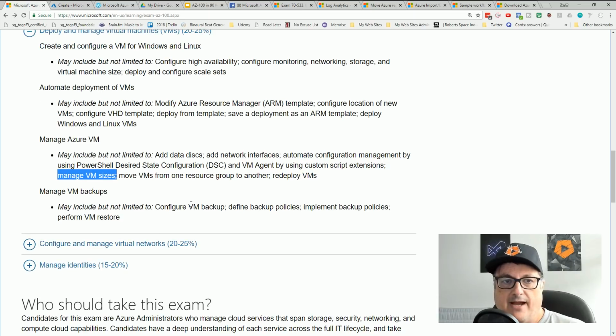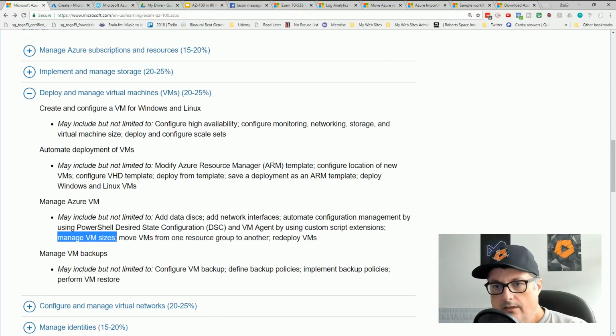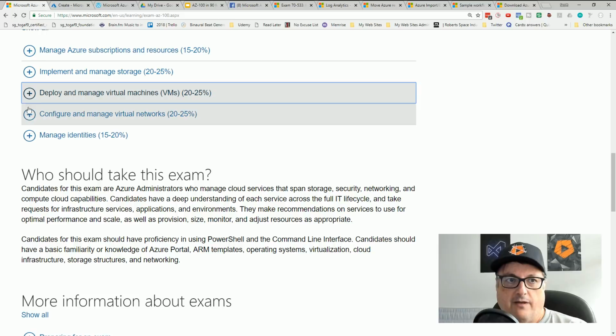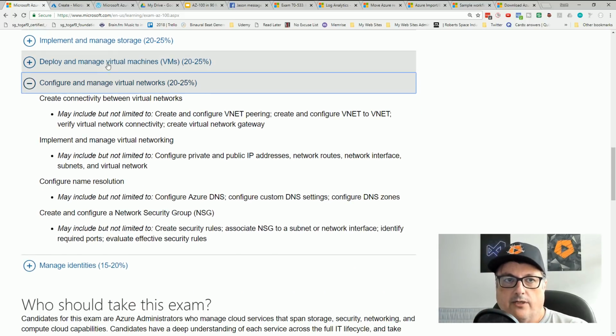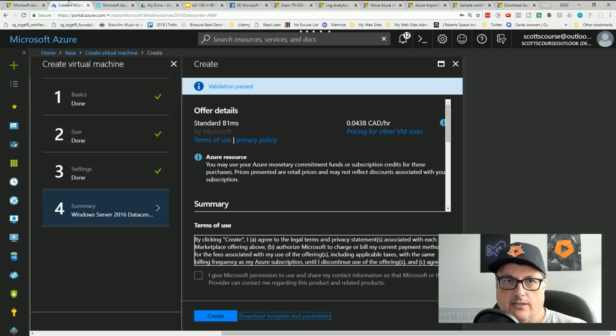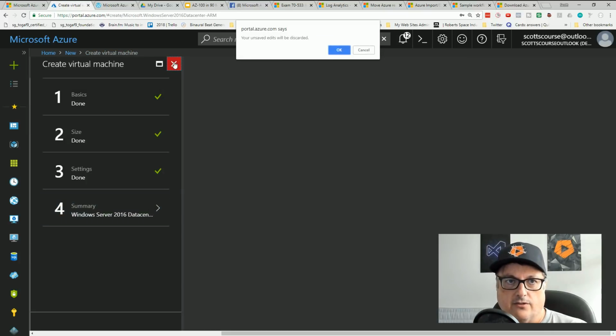Okay. Backups, I just showed you the backup, the recovery vault and the way that you can do Azure backups from there, backup policies, etc., and restoration. Okay, we're coming up to 50 minutes now. I wanted to wrap this up in an hour, so we're going to skip ahead to virtual networks. I will not actually hit create on the resource of the virtual machine.